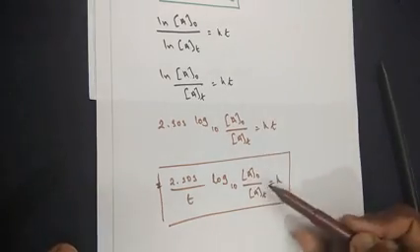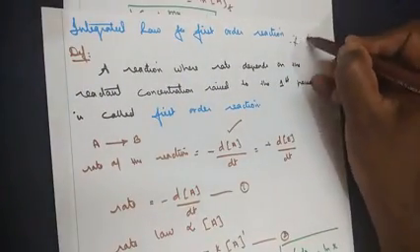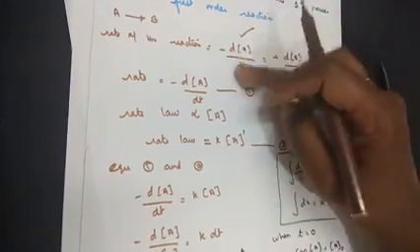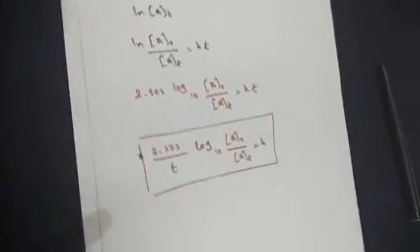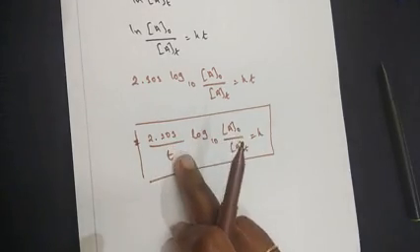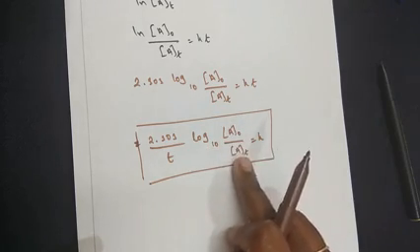We have numericals based on this, then you will understand a little more. All you have to remember right now is that it's an important question for 3 marks: derive the first order rate law equation. So write the definition, write the given steps here, and finally sum up with the formula, that is, rate constant is equal to 2.303 by t into log to the base 10 A naught by At.